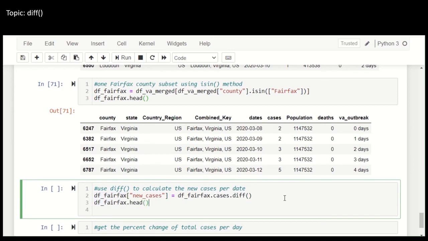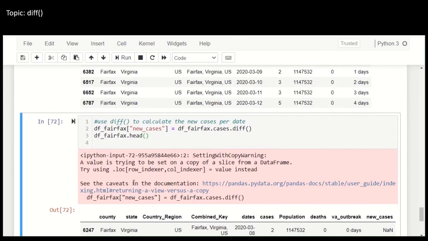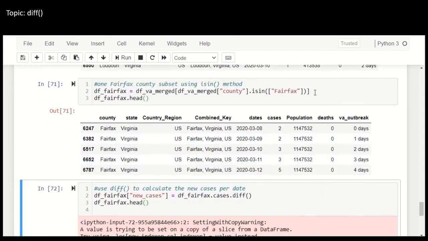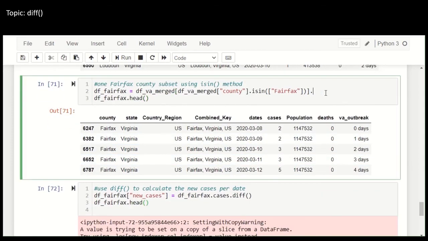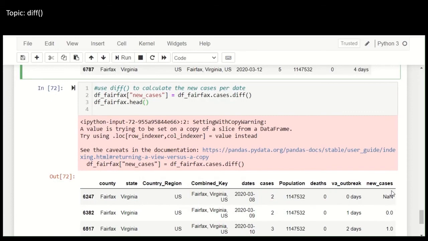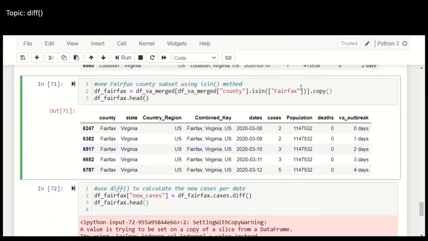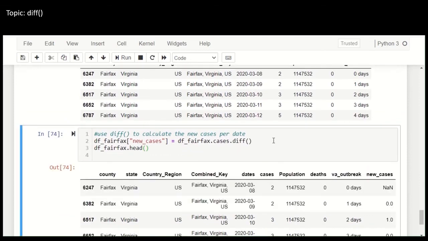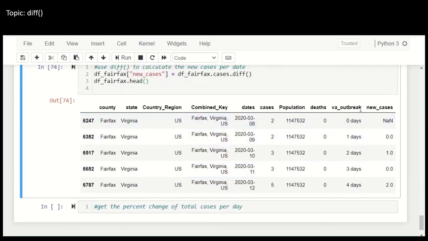Let me go ahead and run this. And it has to do with the slice copy, right? When I created my subset earlier, I didn't attach or chain a copy method to it. So the change is there, and you can see that column right here. To avoid this type of warning, you would want to make sure that you put a copy method when you filter out your data. So I could just run this again, no problem, and then I won't have that error. Okay, so now I have the new cases column,